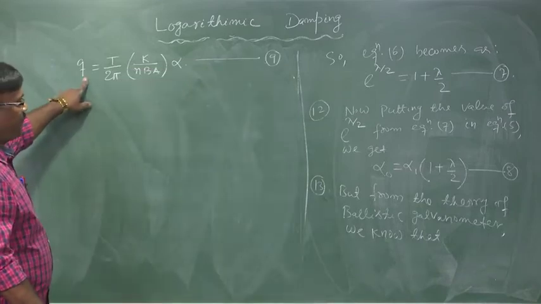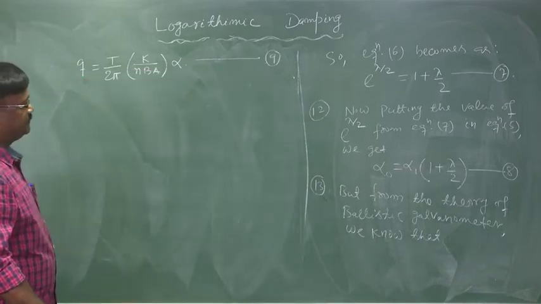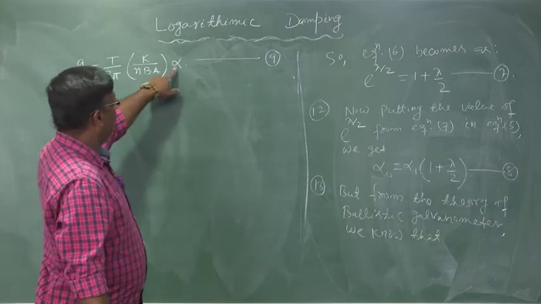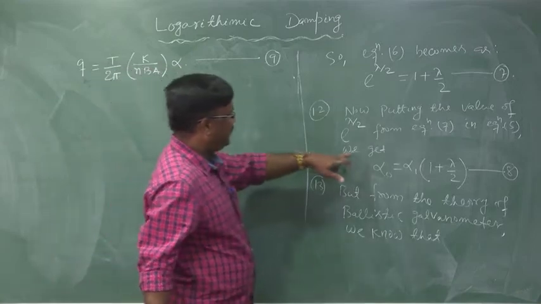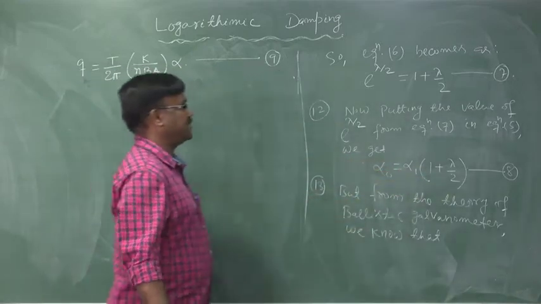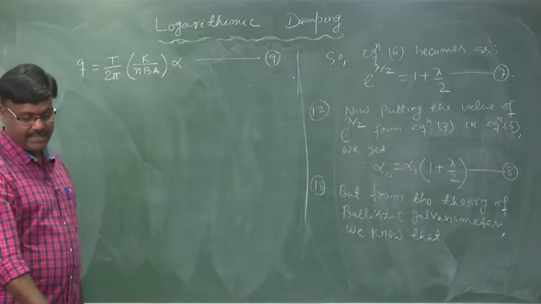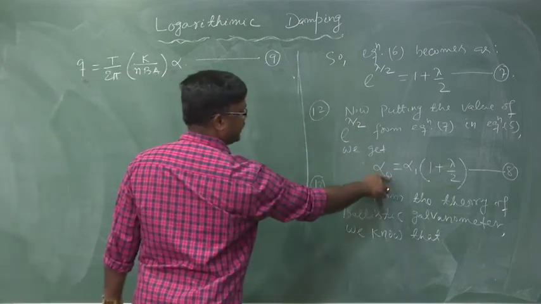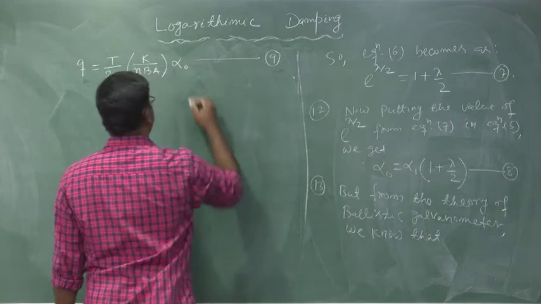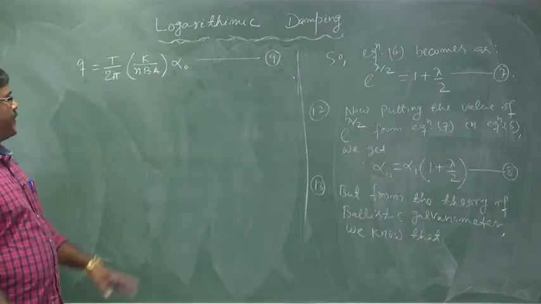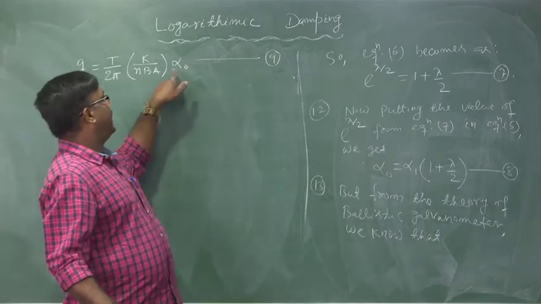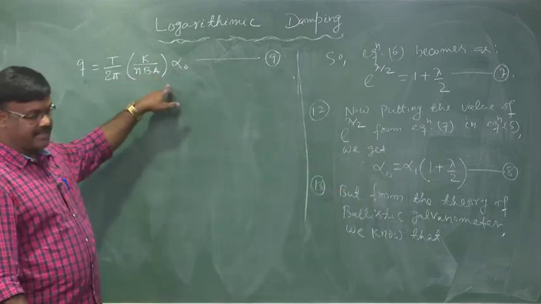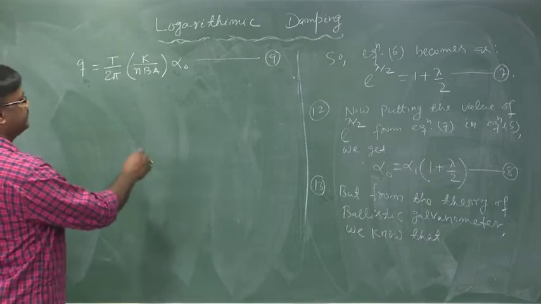Now, in place of alpha, if we put the value from equation 8, we can write this as alpha 0. Now, putting the value of alpha 0 from equation 8 in equation 9, we get